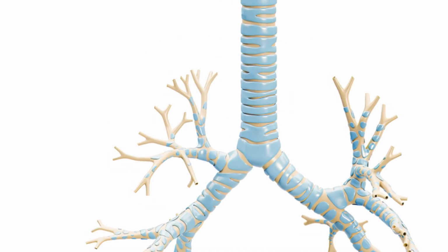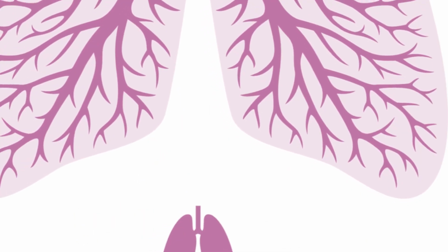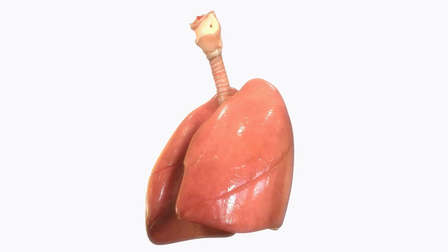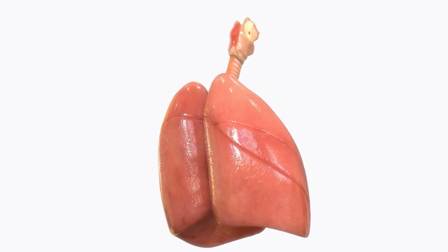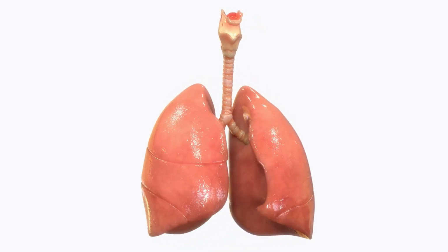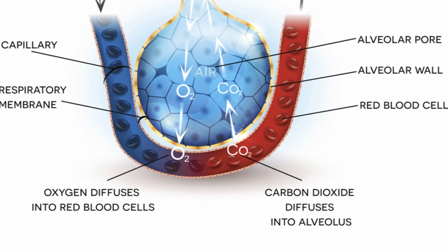This is what the tracheobronchial tree in your body resembles. It's a complex system that starts with the trachea, or windpipe, which bifurcates into two main bronchi, one for each lung. These bronchi further subdivide into secondary and tertiary bronchi, then into smaller and smaller bronchioles like the branches and twigs of a tree. The purpose of this intricate structure is to distribute the air we breathe to the numerous